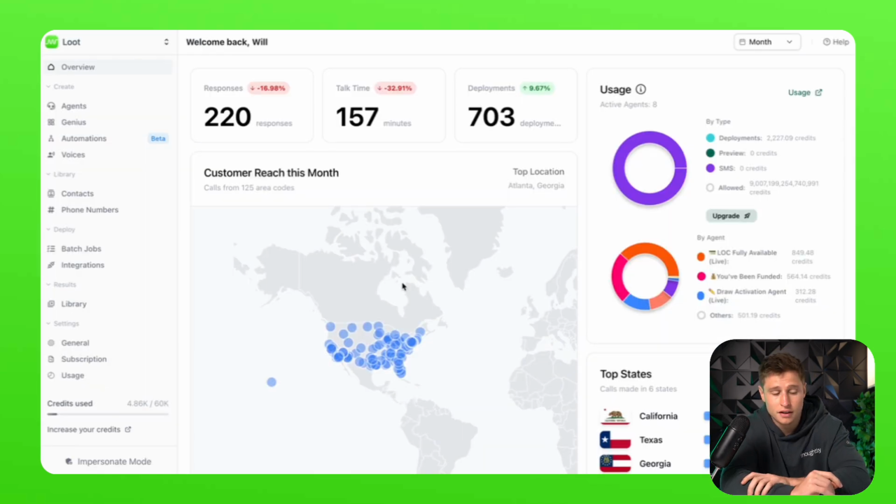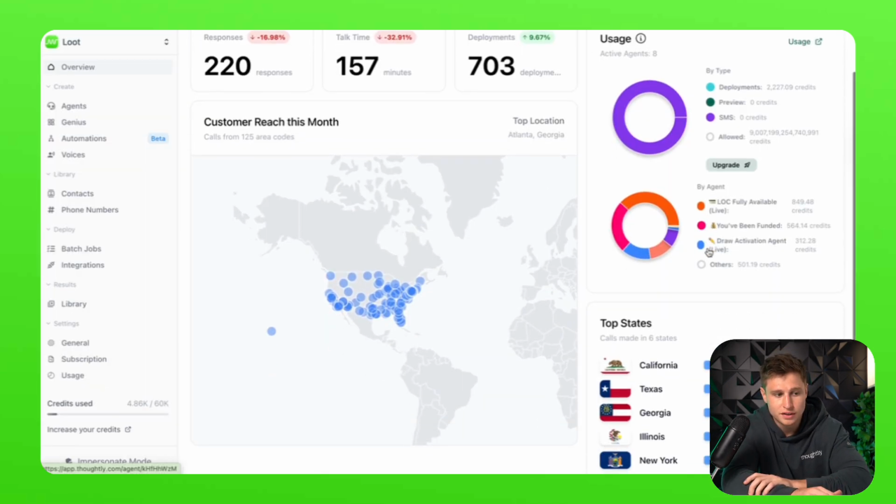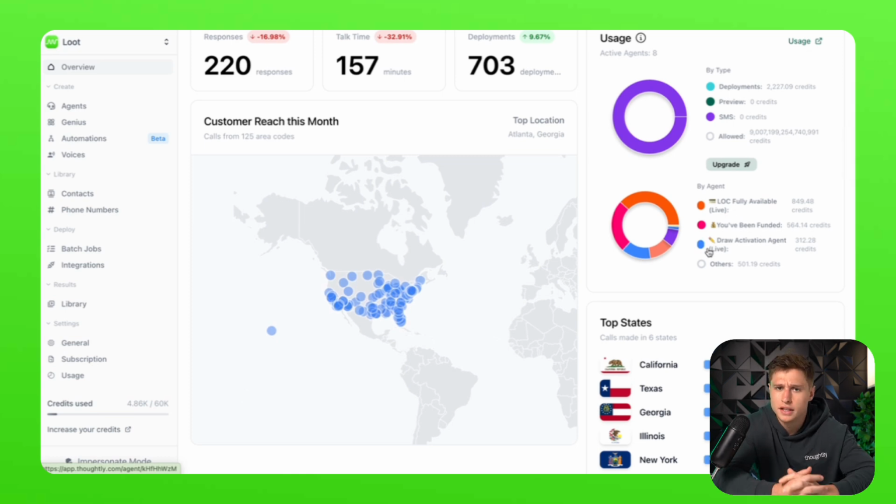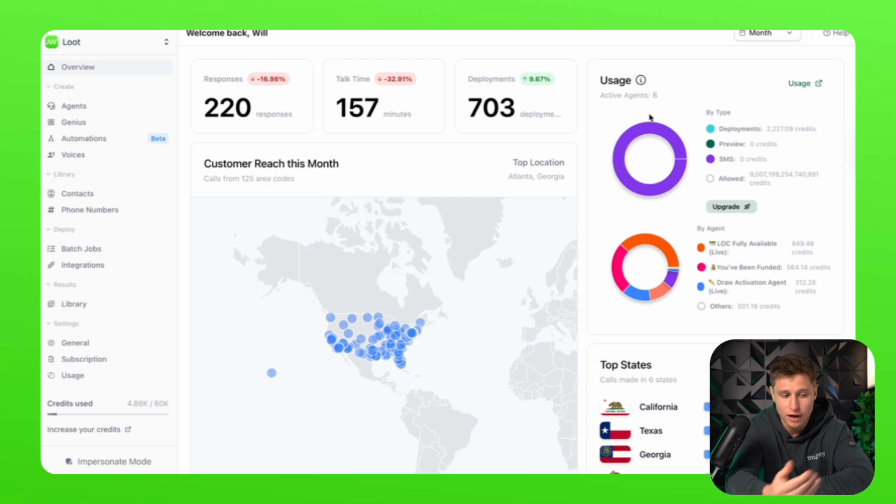Now, when you sign into Thoughtly, you are immediately brought into this dashboard. This shows you all of the deployments, all of the minutes, and all of the responses that you're getting from your voice agents just at a glance. Now, keep in mind, our main objective is that you don't have to come in here and look for analytics on our platform. Instead, all of this information does get automated to the systems that you're already using. So whether that's HubSpot, Salesforce, GHL, or any other CRM out there, our goal is going to be to export